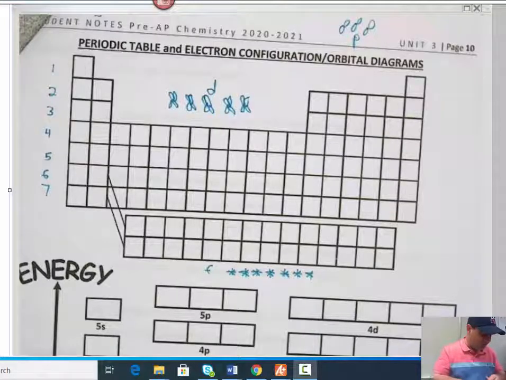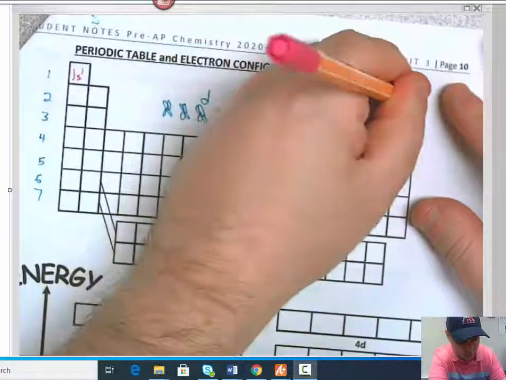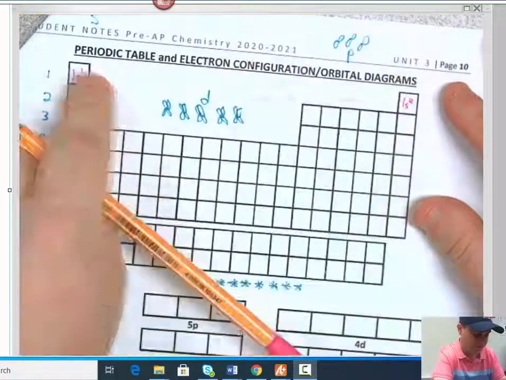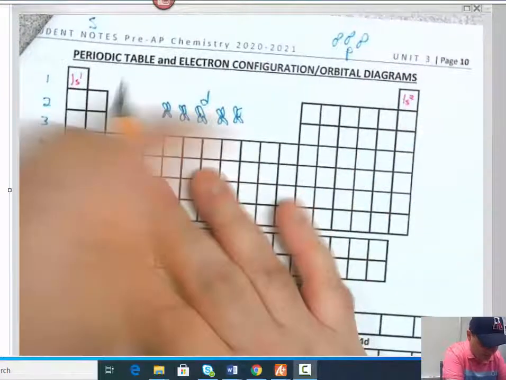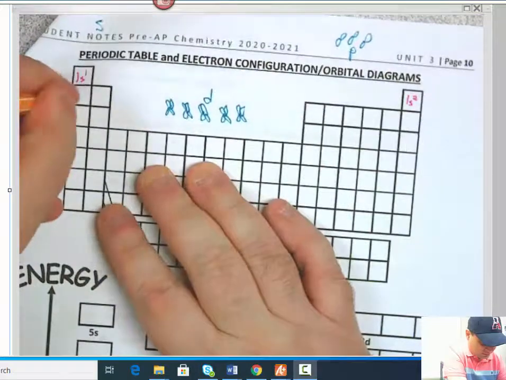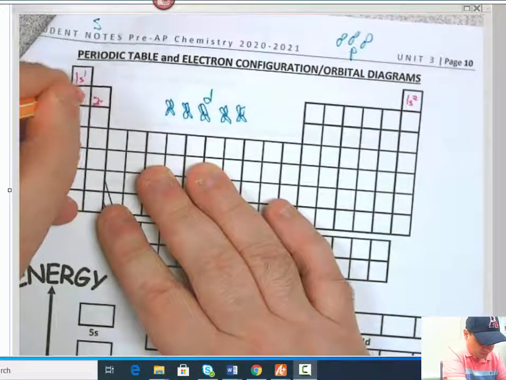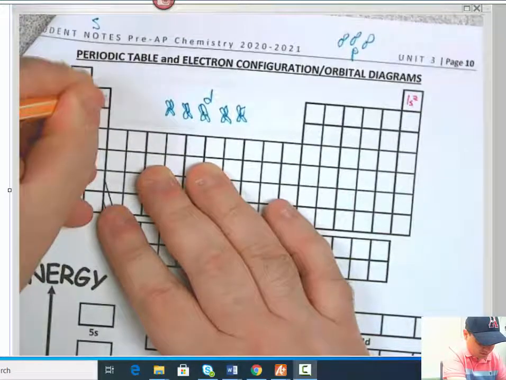Okay, we're going to start off with the S group here, so this is 1s1, 1s2. Technically this one's supposed to be over here, but chemically it acts like a noble gas, so they left it over there. This is 2s1, 2s2,